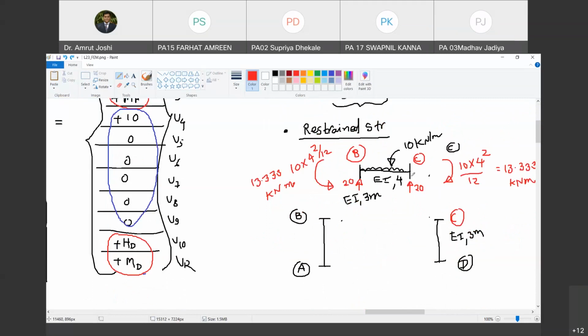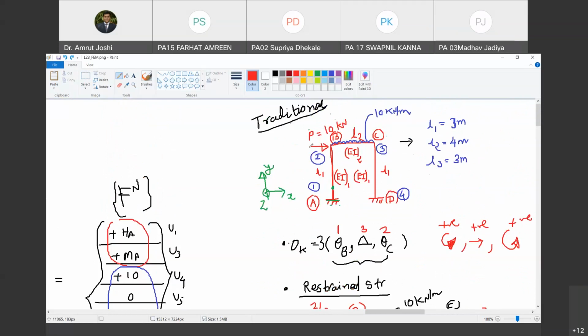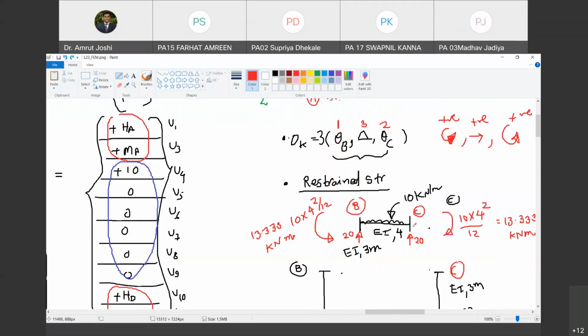So what should we be looking for? We should be looking for horizontal force reaction at B and C. Do you agree with me? Yes, sir. Is there any horizontal force reaction at B and C? No, sir. No horizontal force.